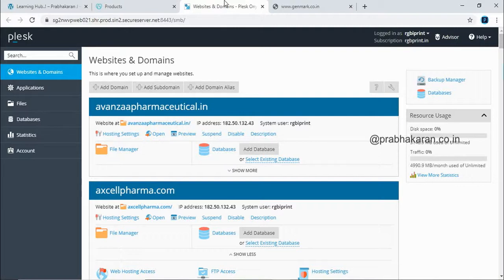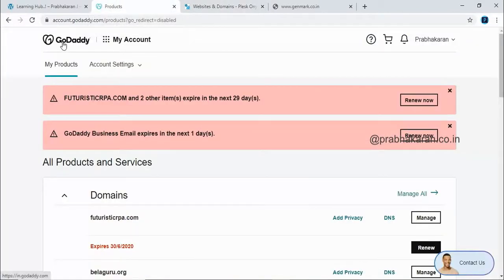So before adding the domain, first you need to purchase the domain. As I already told, GoDaddy is one kind of domain provider and hosting provider. You can go to the corresponding GoDaddy site. You can book the new domain initially, when you're going to create the domain in the Pulse.